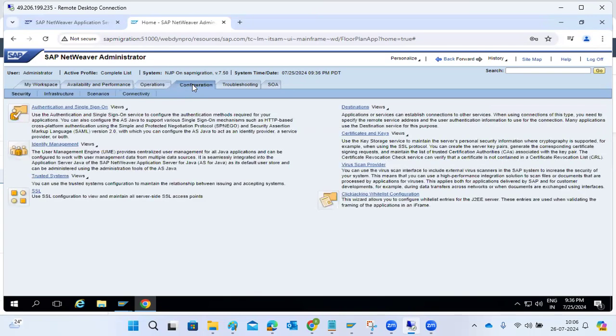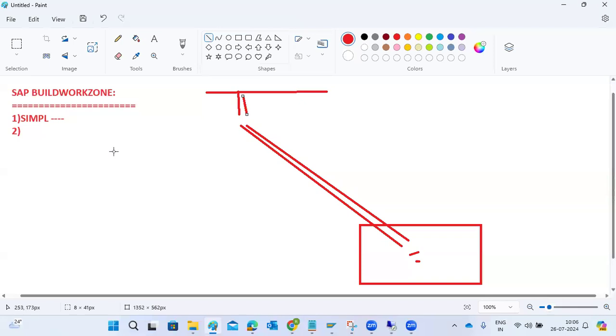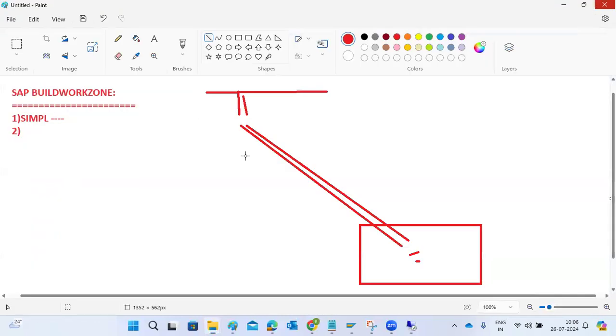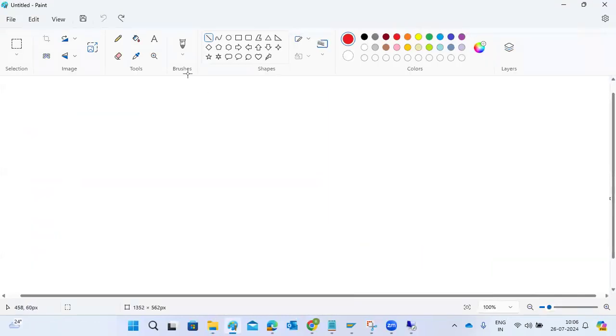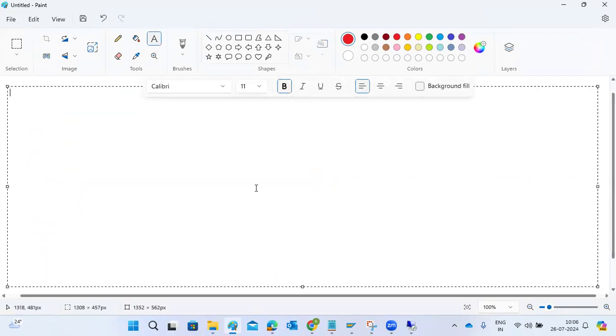So the configuration tab, in case you want to configure the SSO configurations. For the SAML2 SSO configuration at the ABAP level, we use the SAML2 transaction code in the backend systems. For configuring SSO at the Java level, which is URL based, here on the Java side